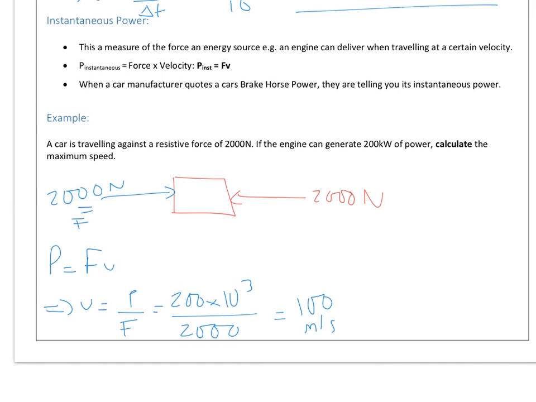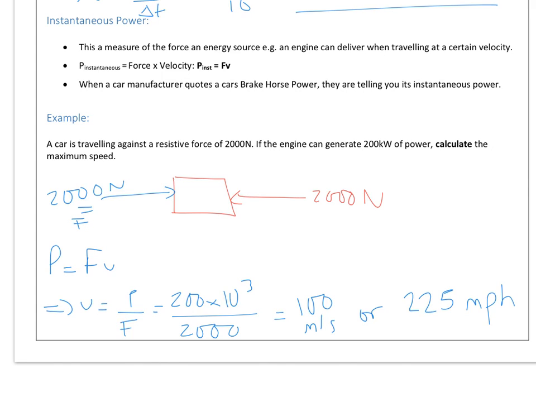So let's calculate that in miles per hour, something you might be more familiar with. So 100 meters per second. First let's convert it to meters per hour. So times by 60 to get meters per minute, times by 60 again. So that's meters per hour. And there's approximately 1,600 meters in a mile. So divide by 1,600 and that gives you 225 miles per hour, which is probably a more familiar car unit of speed that you come across,